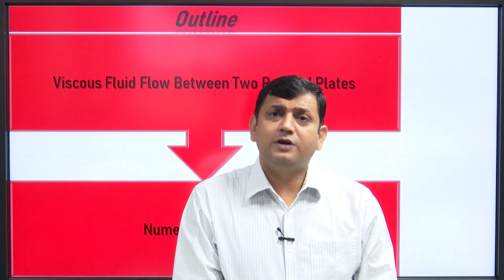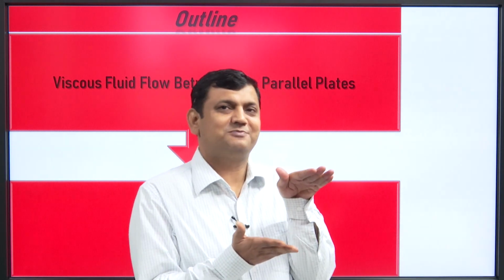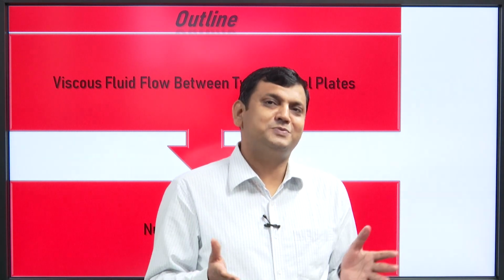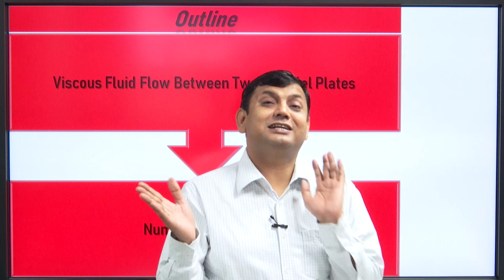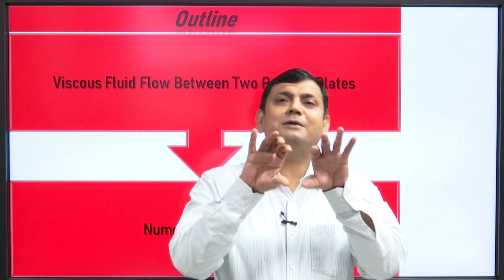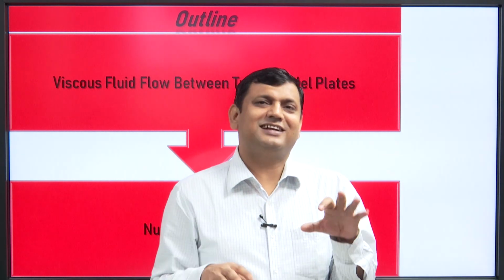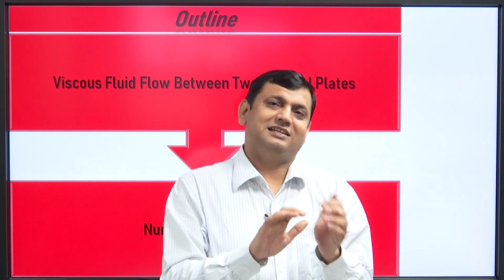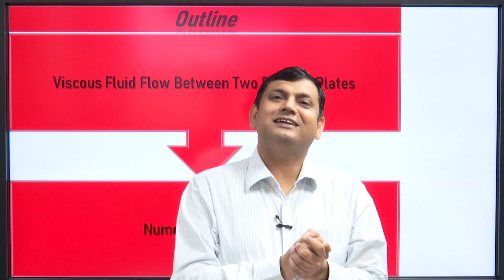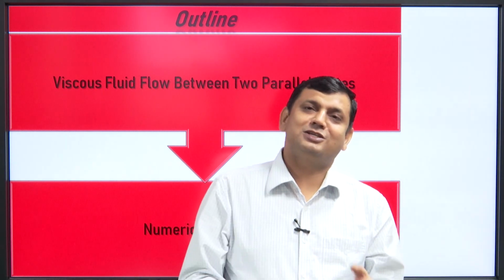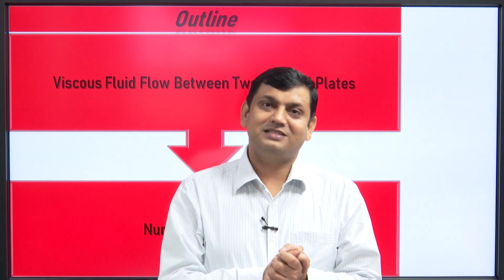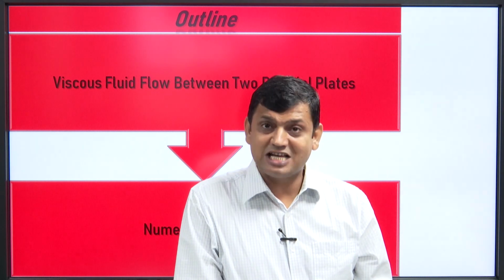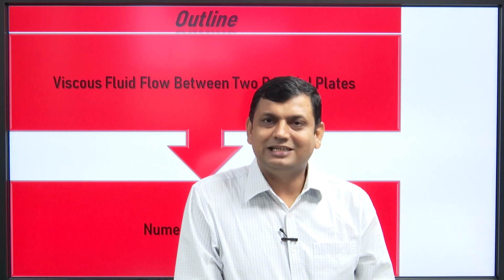But if fluid is flowing between parallel plates, what is the pattern of the velocity distribution? What is the pattern of the shear distribution? There the conditions are different. When fluid is flowing in a pipe, there are not so many conditions. If the flow is laminar, we calculate the velocity distribution, the shear distribution, the pressure difference, the average velocity, and the maximum velocity using the Hagen-Poiseuille equations.